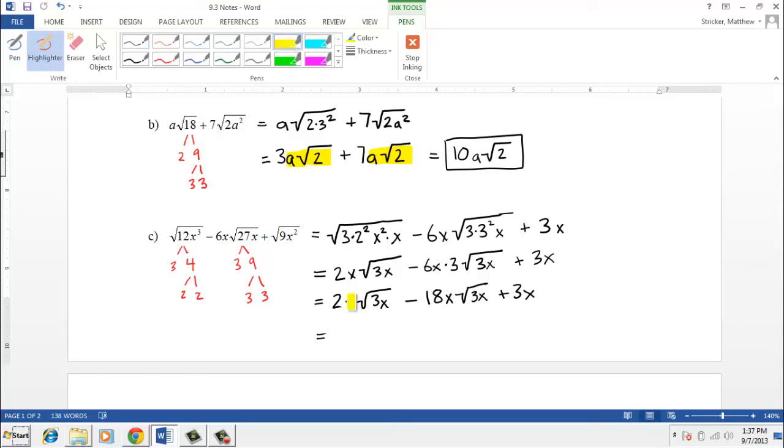Again, we have two like terms. We have x root 3x and x root 3x. What about this x over here? Is that a like term? It's not. It's different than these first two. So just combining the first two, 2 minus 18 is a negative 16x square root 3x plus 3x. And that does it for this